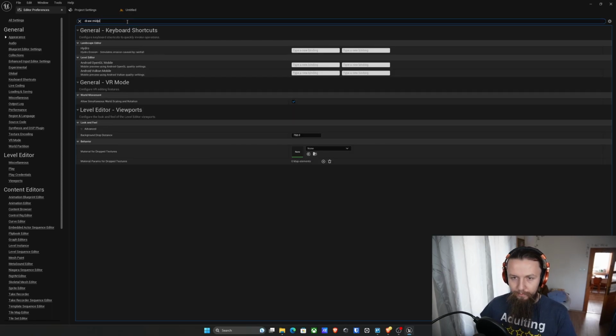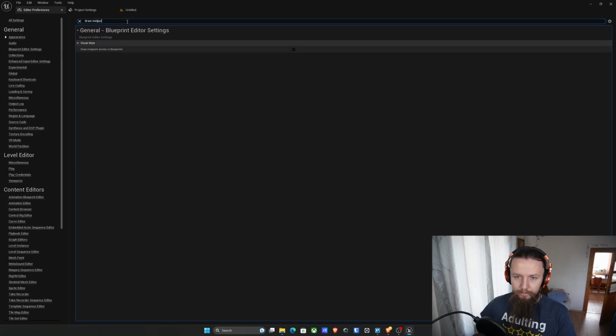Draw midpoint arrows in blueprints. This will help us visualize the logic of our code when we later on work with the blueprints, when we add the player logic, enemy logic, some reactions to events, etc. So we are enabling this option. Next, we have